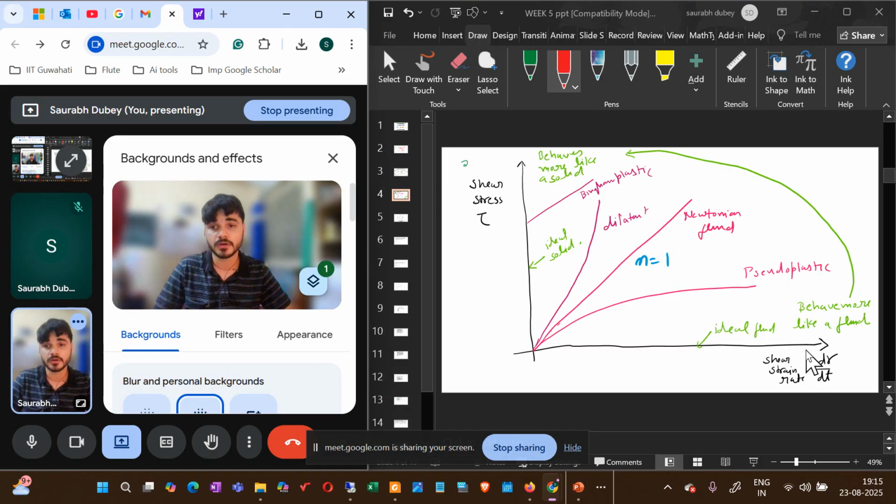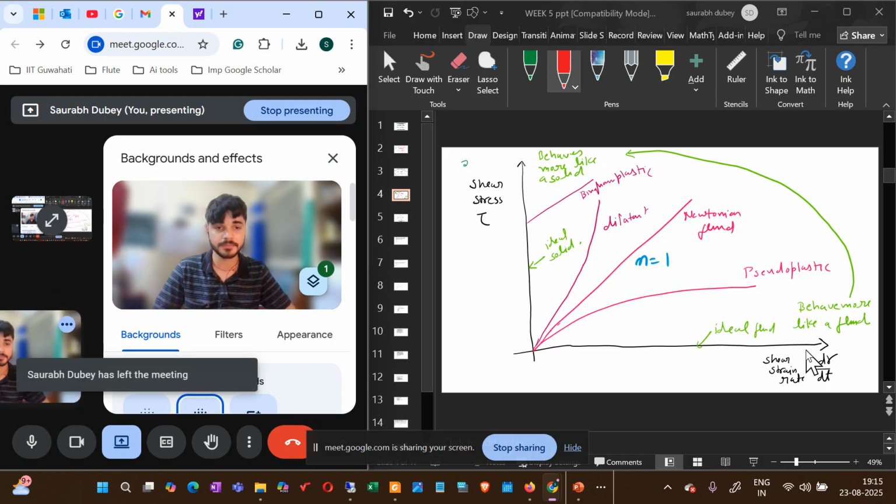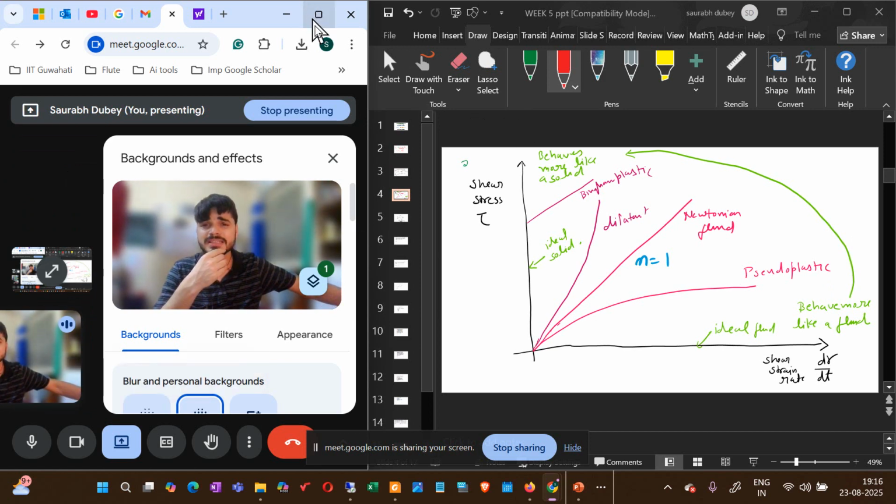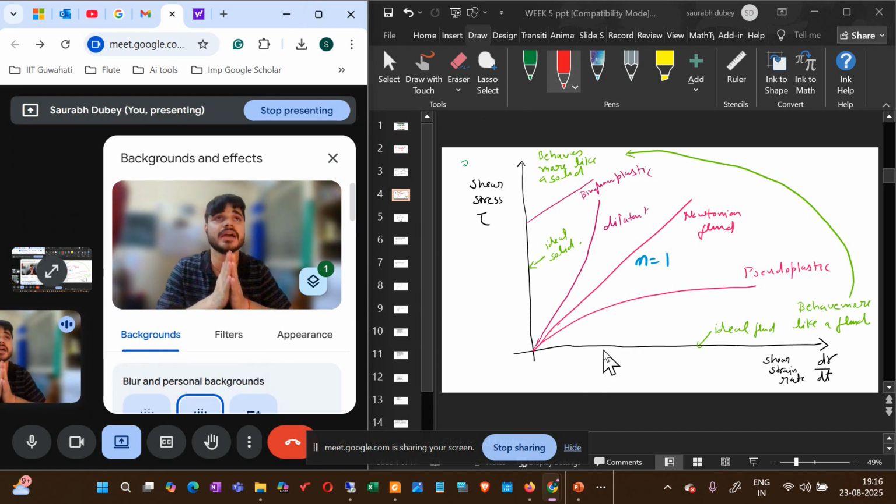So if you see this particular thing, then you can see many other important aspects of the food, right? So what I will be doing is starting with week one,